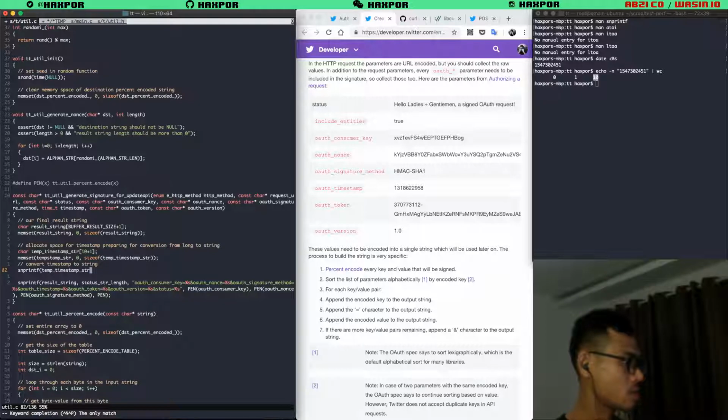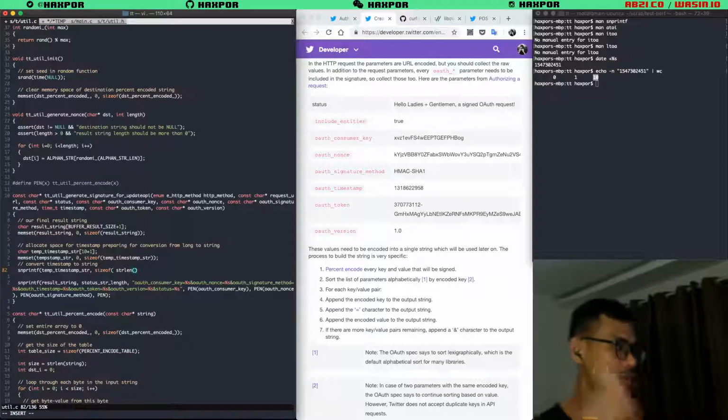Temp times the maximum size of this is going to be the size of. Size of always returns the total bytes that we allocate for that variable, but string length is going to count until it finds a non-terminating character, and it's going to stop at that point.